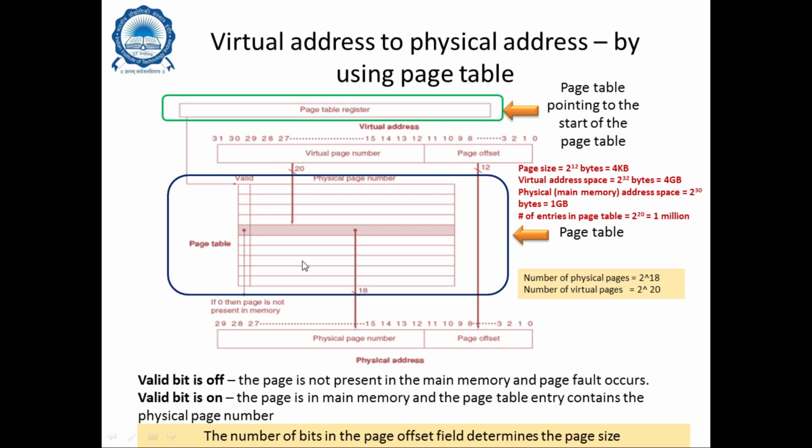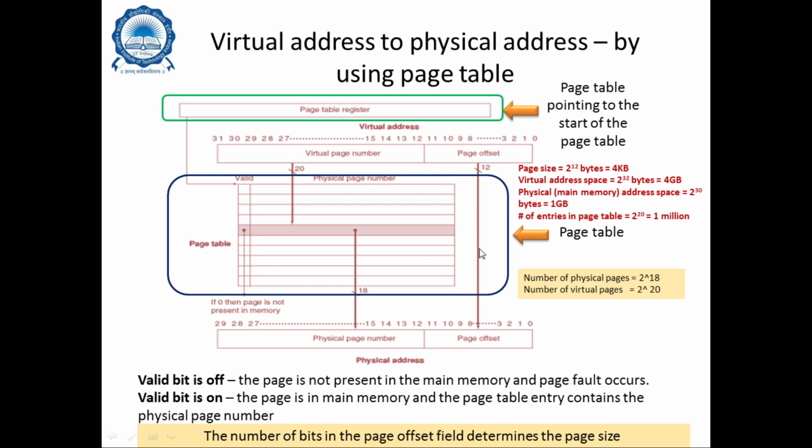As you can see from here, this is the 12-bit information. The number of bits in the page offset determines the page size. What is the size of the page basically? That is determined by the page offset, and this 20-bit is the input, and we produce an 18-bit output which points to the physical page number. Therefore the number of physical pages is 2 to the power 18, while the number of virtual pages is 2 to the power 20. As you can see, the number of virtual pages is always larger than the number of physical pages, therefore giving an illusion of unbounded memory to the designer.